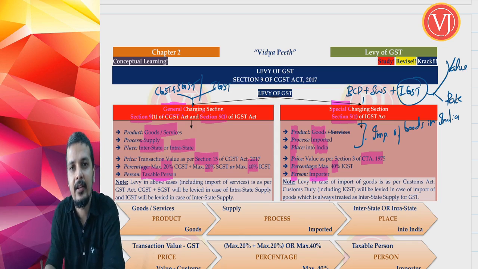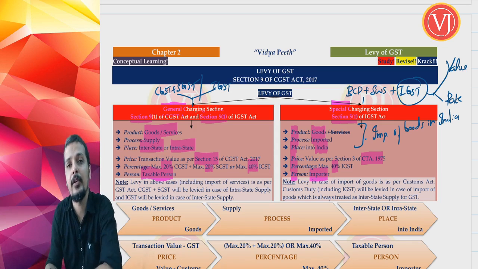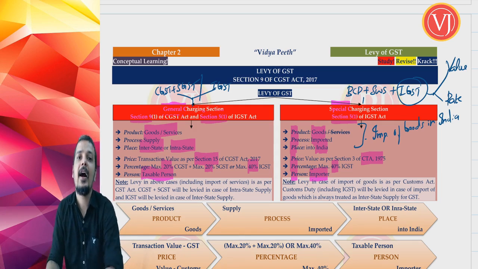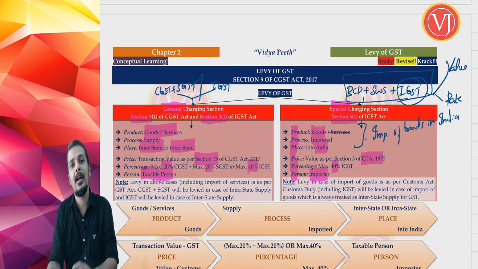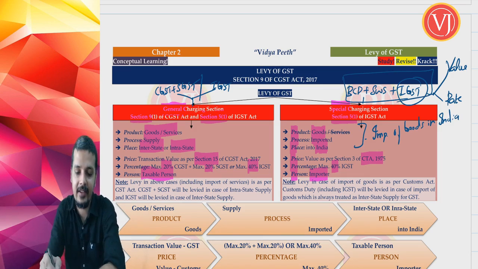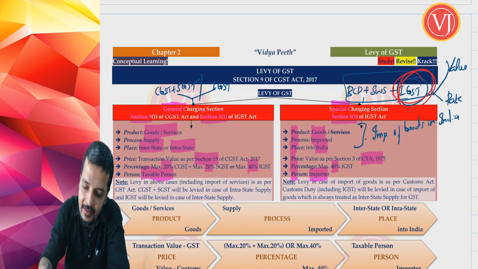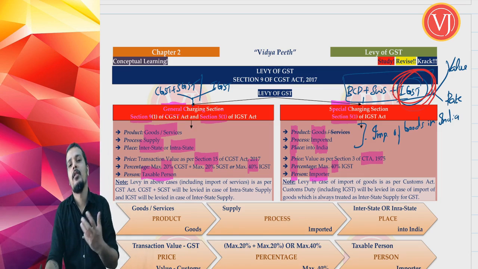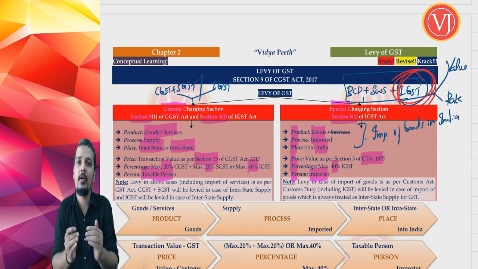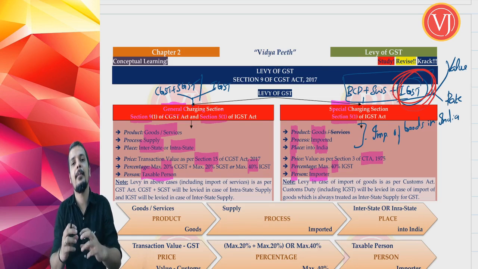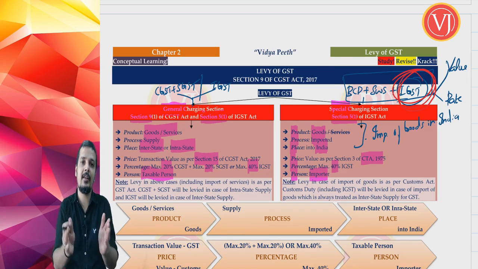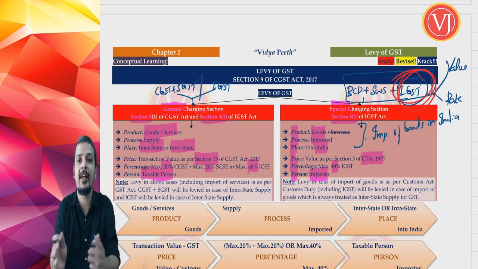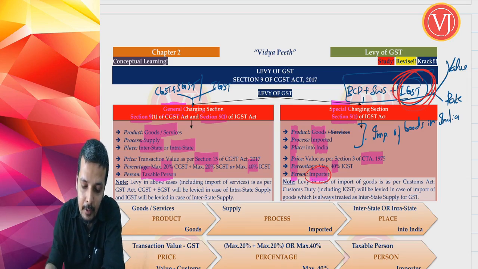The special charging section, which is there only in the IGST Act as a proviso to section 5(1), talks about import of goods. Basically you are talking about customs duty, the breakup of which is BCD, SWS and IGST. When you want to focus on IGST, you have to find out the price as per the Customs Tariff Act, and the percentage will be the same percentage as when the same item is sold within India. All these customs duties, whether BCD, SWS or IGST, will be paid together at the same time by the same person, the importer.